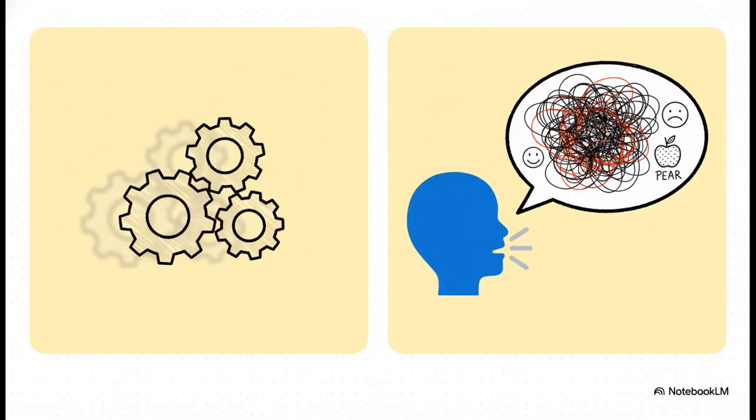Now, it turns out these fallacies come in a couple of different flavors. You've got your formal fallacies, which are all about the structure, kind of like a math problem that's just set up all wrong. But what we're going to focus on are the informal fallacies. And as you can see here, that's because the error is in the content, the stuff people are actually saying. And trust me, these are absolutely everywhere.